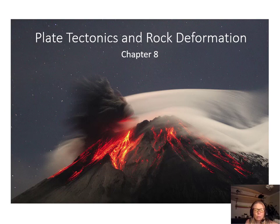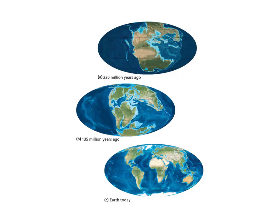In this video, we will be discussing plate tectonics and rock deformation. Looking at a world map, you may have noticed that some continents have matching shapes, like pieces of a puzzle, particularly South America and Africa. Scientists have wondered about this fit of the continents since the first accurate world maps were produced hundreds of years